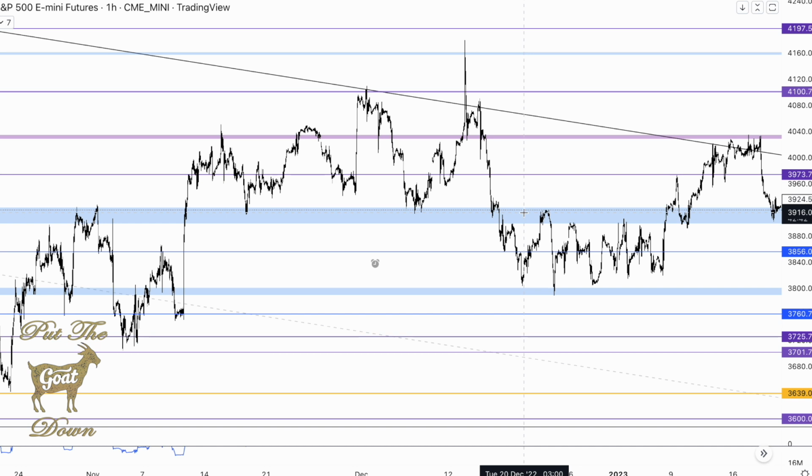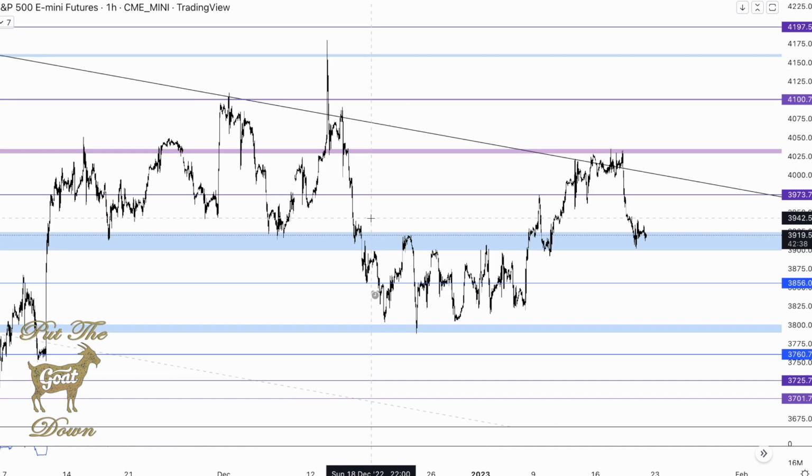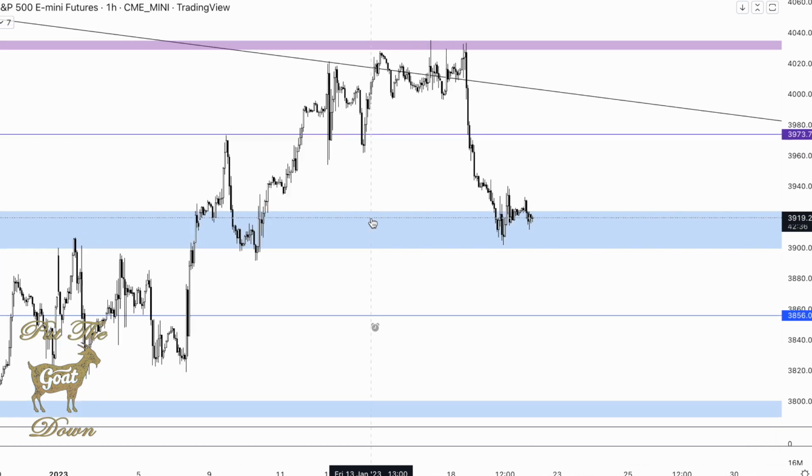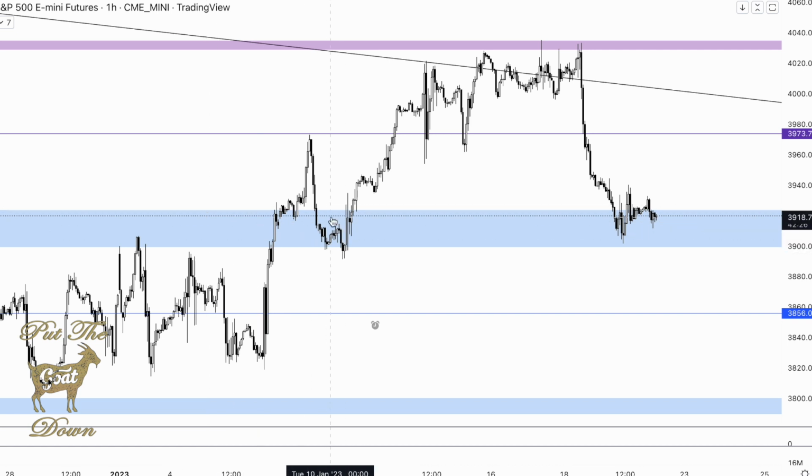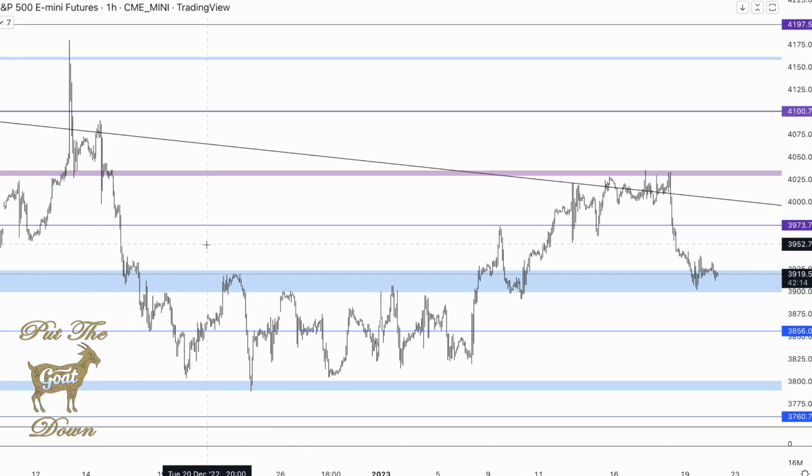Now, this particular box has been there for a while, and I haven't changed it because I know that 3930 is a level, but really this should be moved up. And this was in place long before price came back up and then back down. But you can see it's very well respected. And what you see is when price gets to these levels,